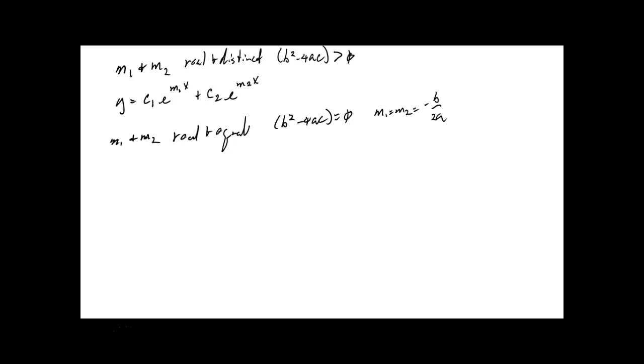But what does work, when you have a repeated root, your y1 would equal, let's just leave off the C for now, e to the M1x. That's the only M you have, M1. But then based on what we just did in 4.2, your y2 would then be